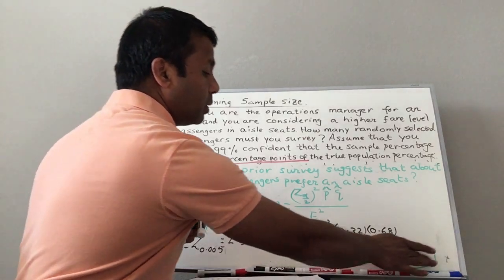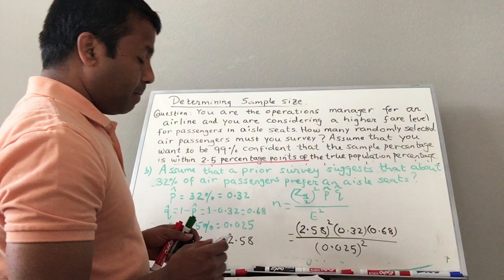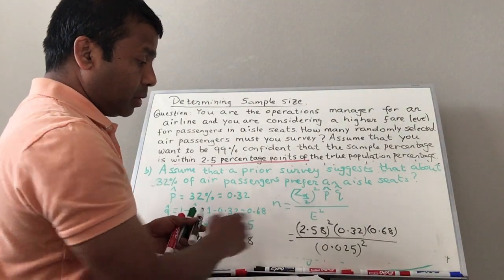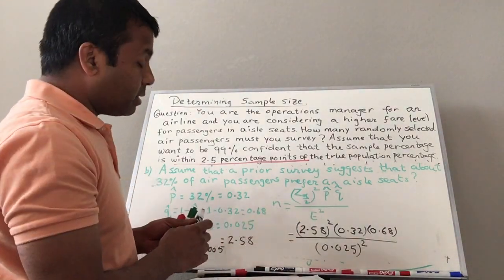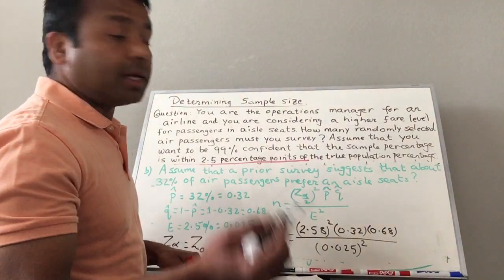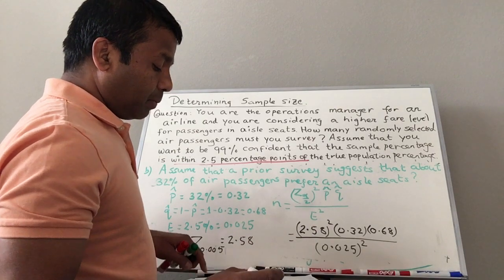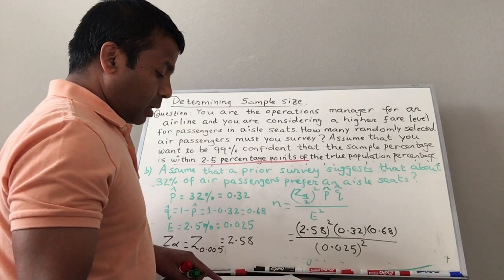Okay, so now if you calculate this using a calculator, and round up to the nearest integer,